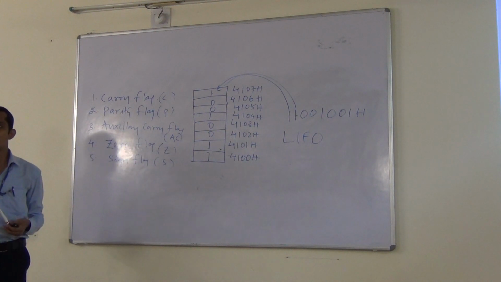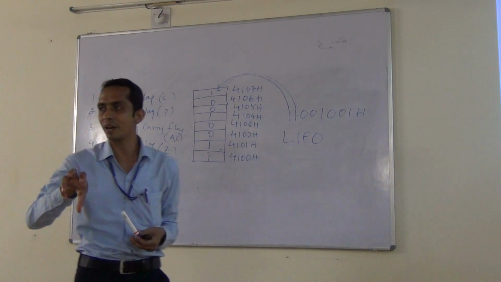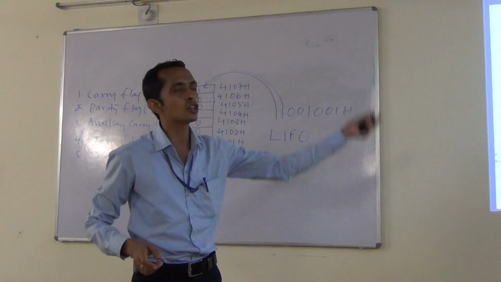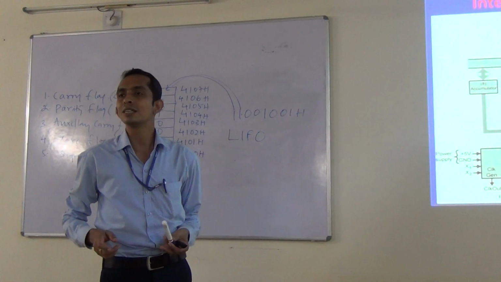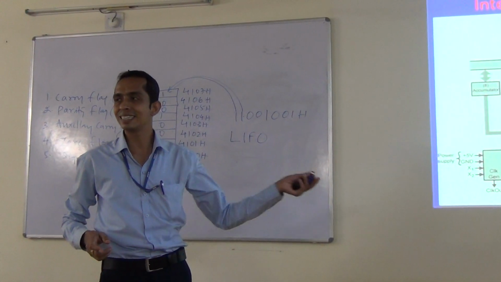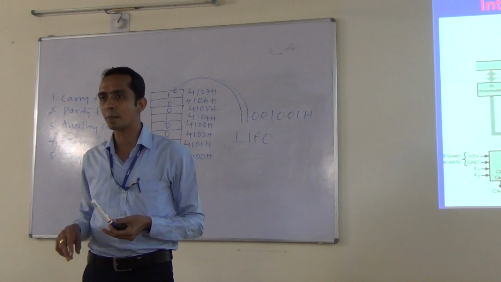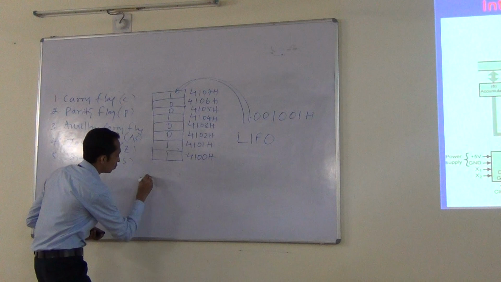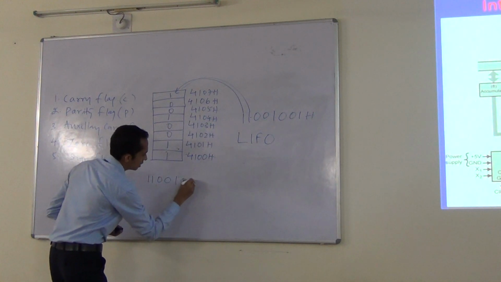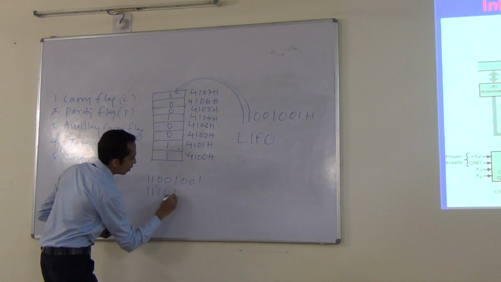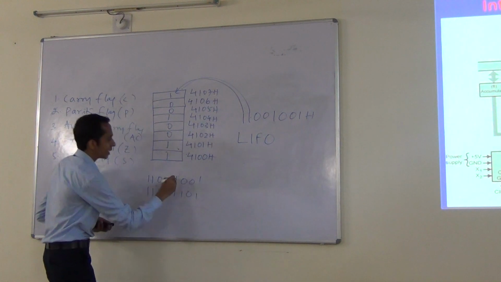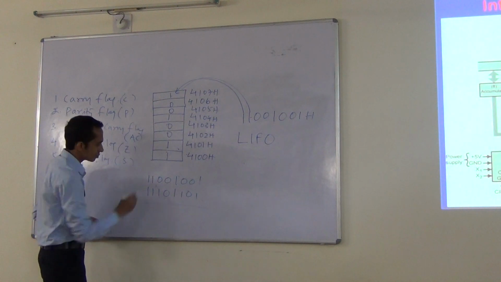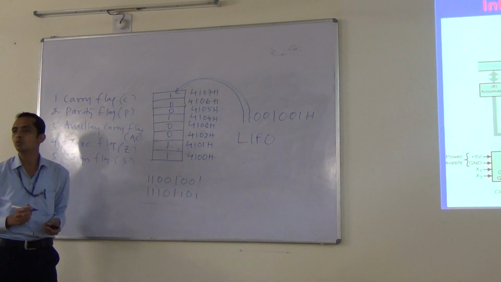For that purpose, I have to assume one example of an operation within the microprocessor. For example, I assume one addition operation completed by this 8085 microprocessor. As it's an 8-bit microprocessor, I will take two 8-bit numbers and go for addition. Let me take one random example: 1100 1001 and 1110 1101. I have taken one 8-bit number and another 8-bit number. I am just going to add column-wise.